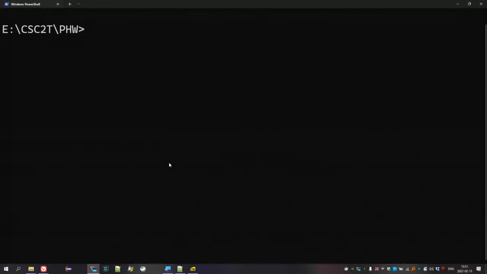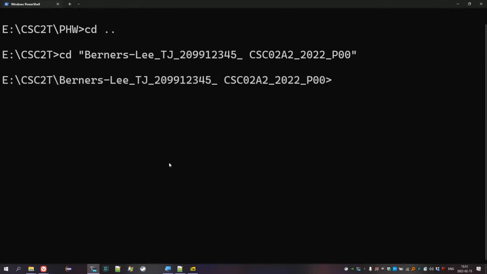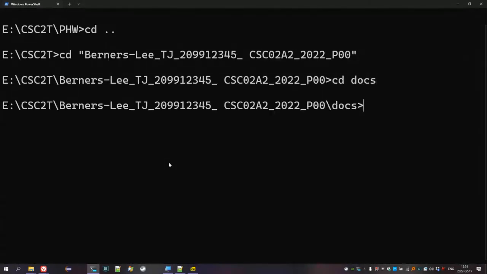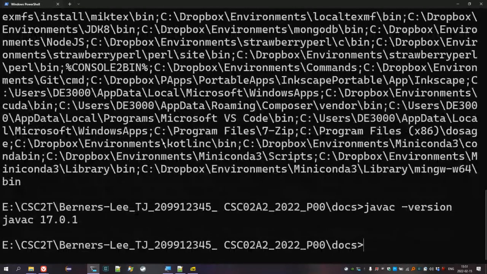So what I'm going to do is navigate to that directory. You can open up a new command prompt to go there if you want to. Obviously that will be your details there. My batch file is in my docs directory. I can confirm this by typing dir, and I should see my batch file over there. Now, if I type in build.bat and press enter,